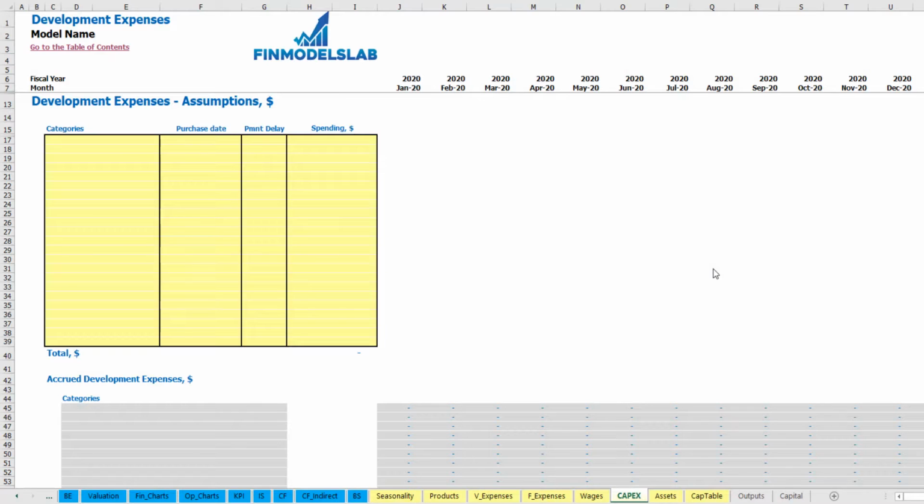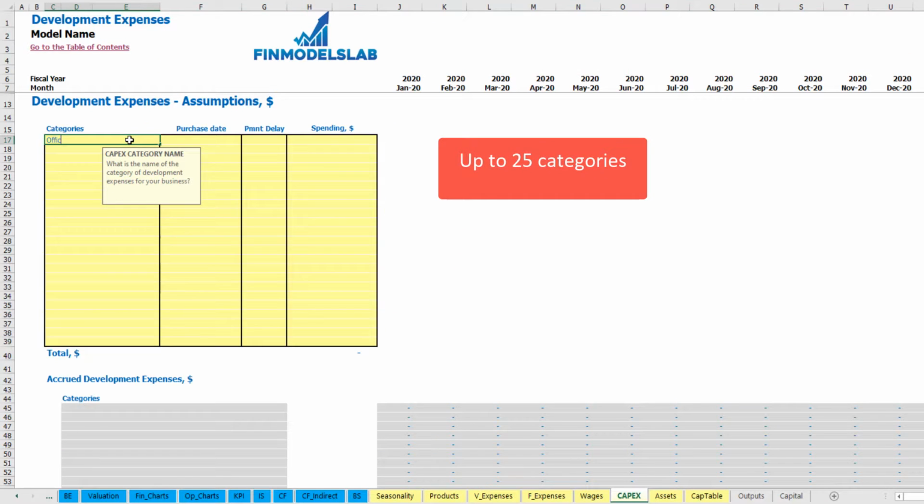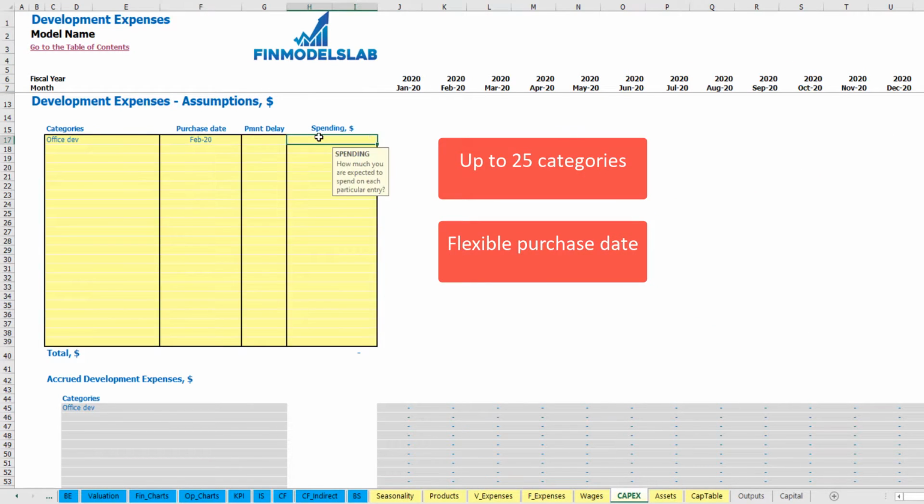On the CapEx tab, you may input up to 20 development expenses categories. Let me give you a couple of examples. So for example, office development with a purchase date of February 20 with spending of $10,000,